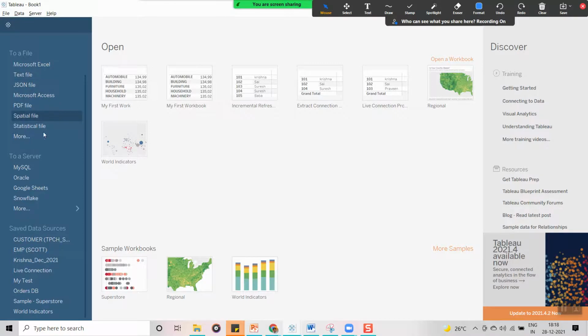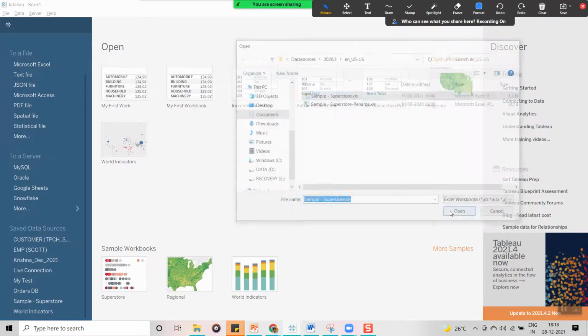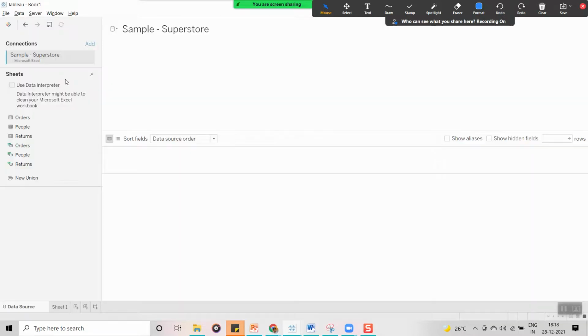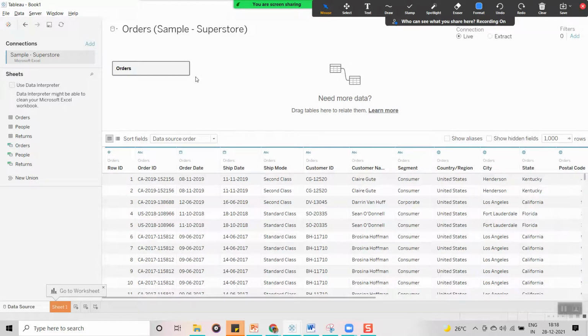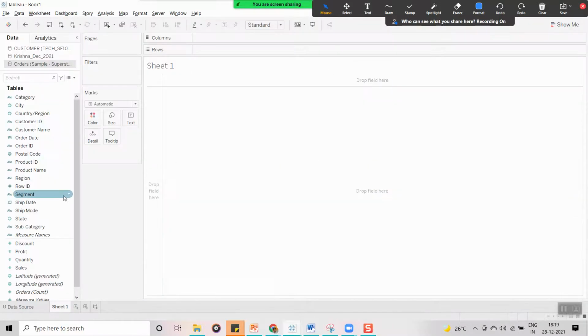The main purpose of a bookmark is that if you want to use the same visualization in a different report or different workbook, you can call it directly. So now you can see this is the sample superstore data source. Already two data sources were there, so ignore that.